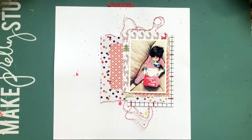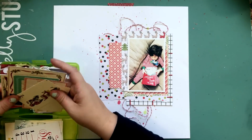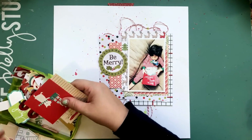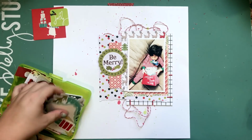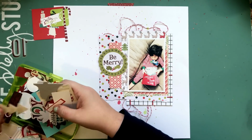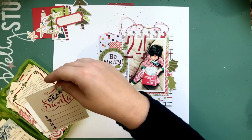I'm putting baker's twine behind my photo just for some squiggliness. The papers aren't perfectly cut. They're not perfectly straight or anything like that, but there's so much structure with all that layering that I felt I needed something to enhance the silliness that is often found in Dr. Seuss's drawings and stuff like that. So I added in the baker's twine in red,